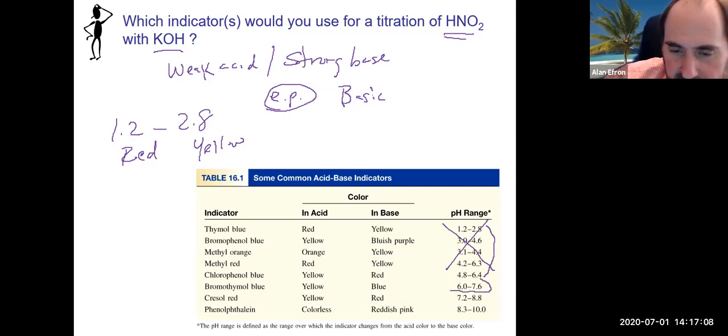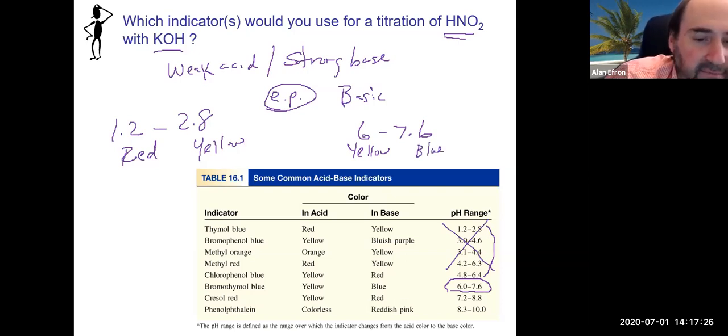This guy, you may say, well, it gets into the basic range of like 6 to 7.6. Again, at 6-ish, and that side, it's yellow, and it is blue on this end of the range, which means if you did your calculation, which you could do a theoretical pH at the equivalence point, you would probably see again that it is probably 8-ish. So for example, I think the one that we just did, the equivalence point pH was like 8.02, for example,